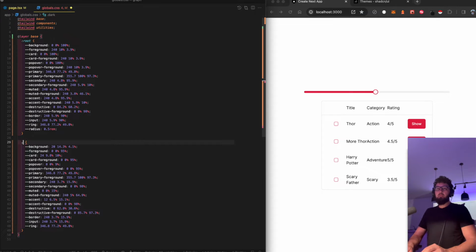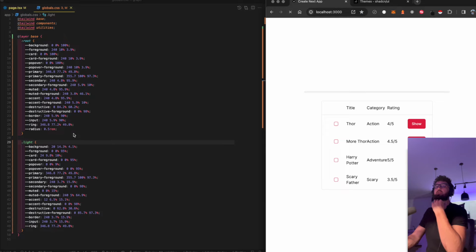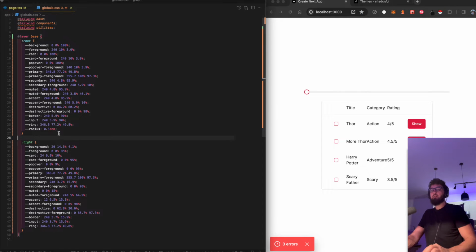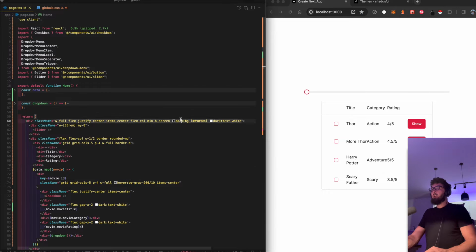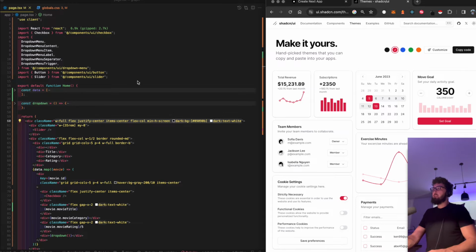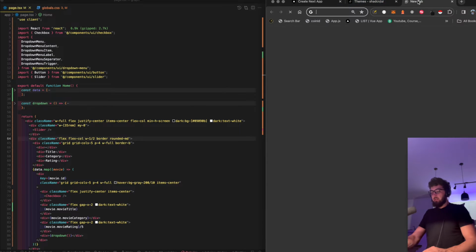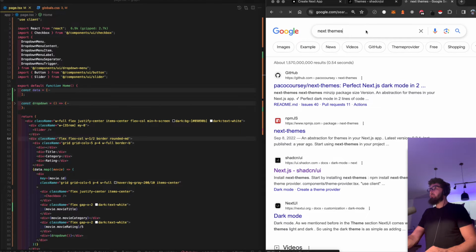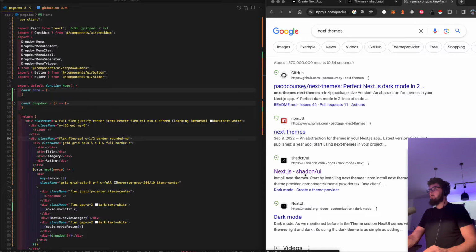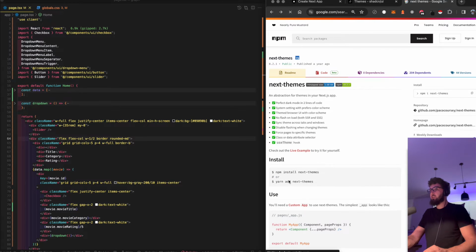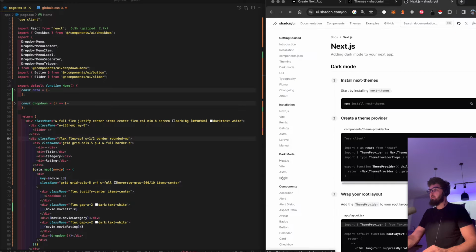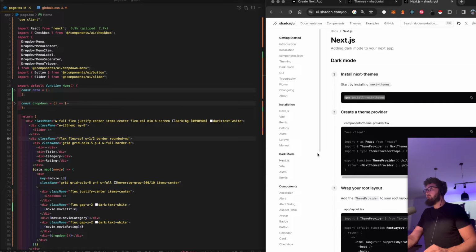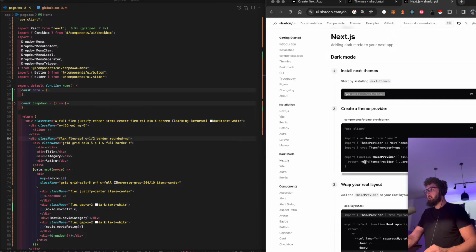So maybe I can flip this to light now and see if it'll invert the theme. I'm not sure if it works like that with CSS. I don't think it does. Okay, but that's awesome. So it looks like we can download Next themes and probably declare these things, and it would work, hopefully, idealistically, right? So Next themes is a component library with, oh, looks like Shadcn is right there with all the documentation for it. So we have install Next themes, wrap the theme provider in this,